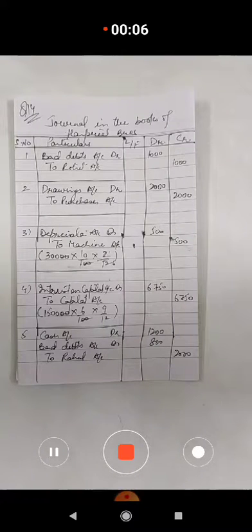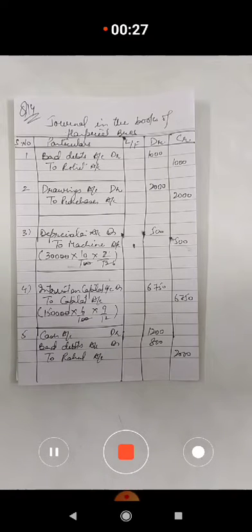In my previous video I taught you how to make journal entries in question number 14 from the NCERT book. Today I have taken the same question, but this time I will show you how to make ledger accounts with the help of these journal entries in question number 14. I repeat, the question is from the NCERT book and the question number is 14.